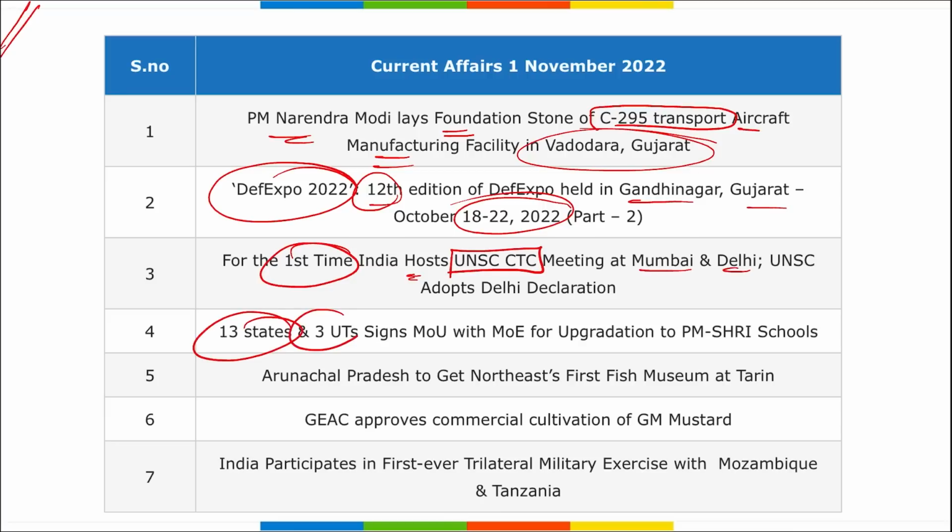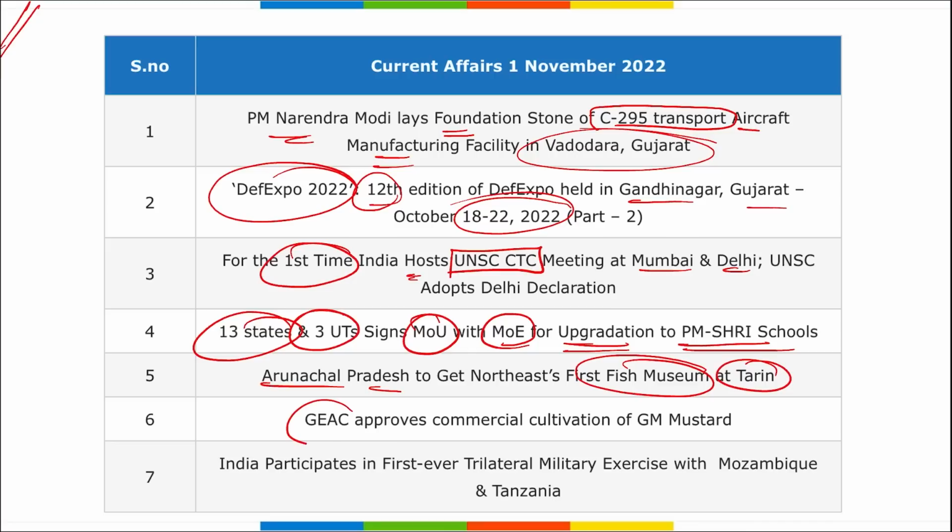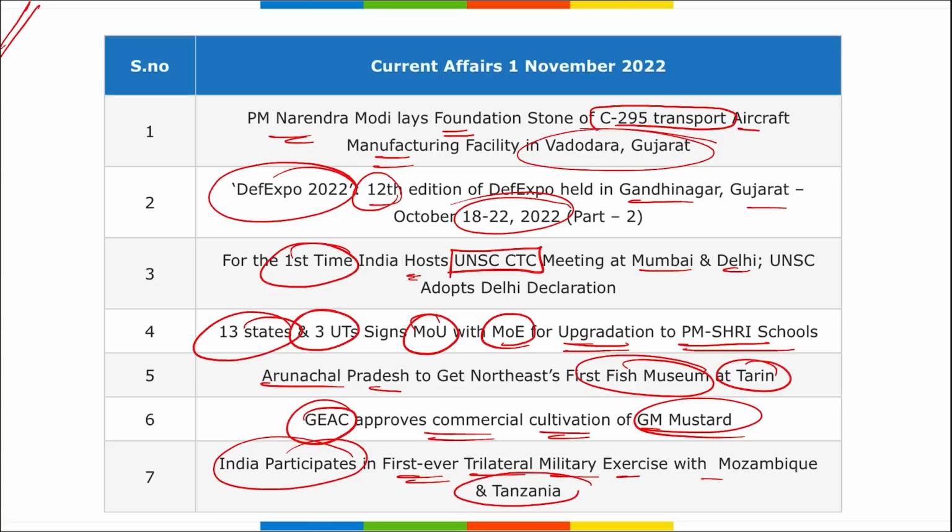Thirteen states and 3 union territories have signed an MOU with the Ministry of Education for upgradation to PM Shri schools. Arunachal Pradesh will get the Northeast's first fish museum at Tarain in Arunachal Pradesh. GEAC has approved the commercial cultivation of GM mustard. India participated in the first ever trilateral military exercise with Mozambique and Tanzania, and the location where this was held